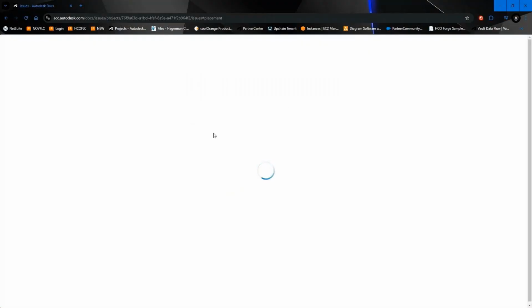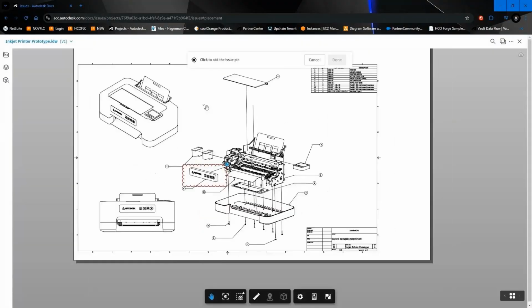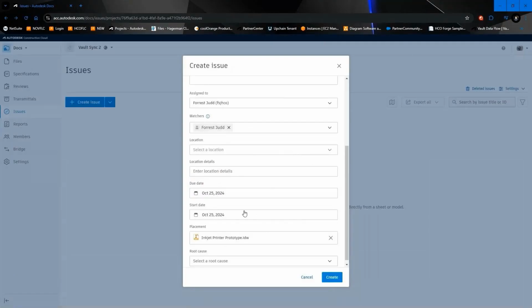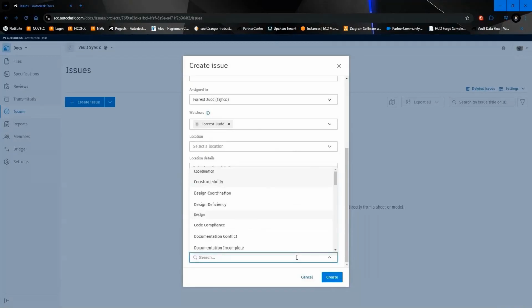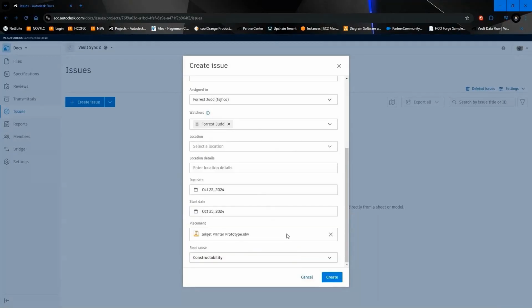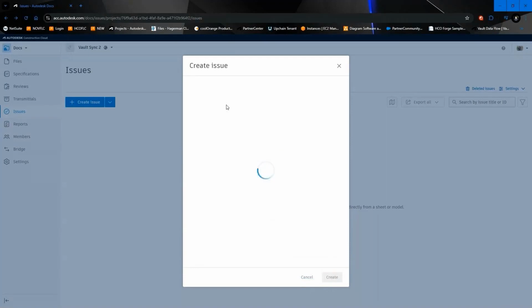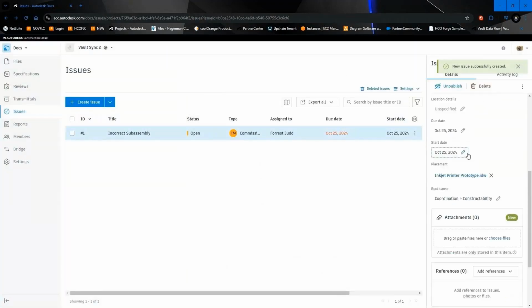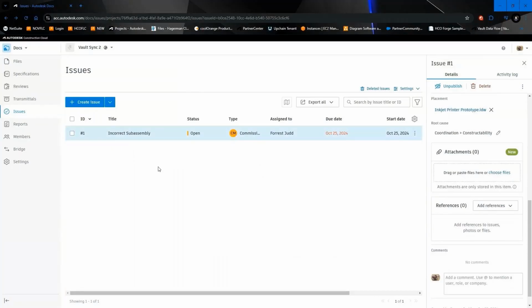And not just that, but they can point to a specific location in that file, like on a drawing, and say, here's the problem. Here's where I'm having the issue, right? You pin it, and now anyone who looks at that issue in Docs can immediately see, they can go right to a drawing and see the issue, not just what was said about the issue, but literally, when you click on that issue and you click on the drawing,